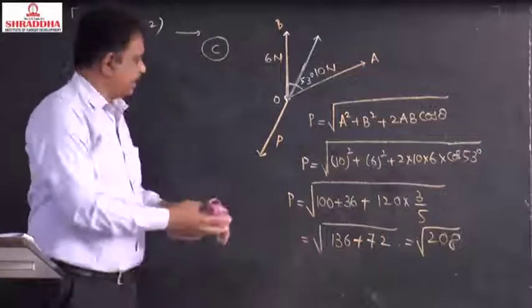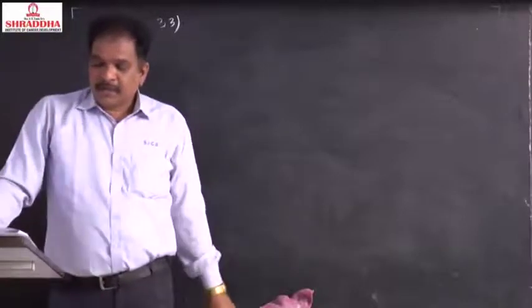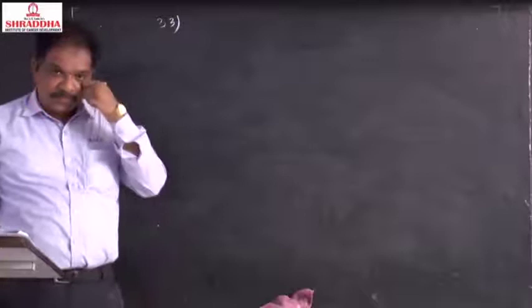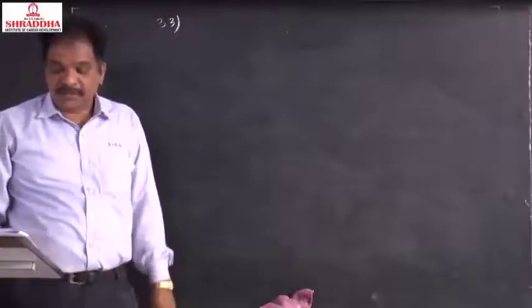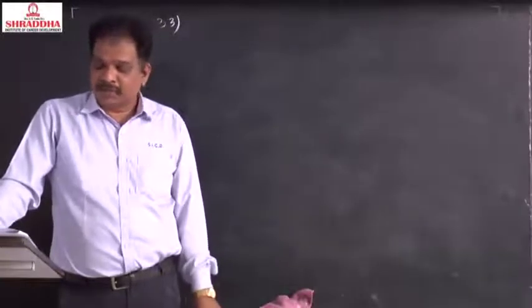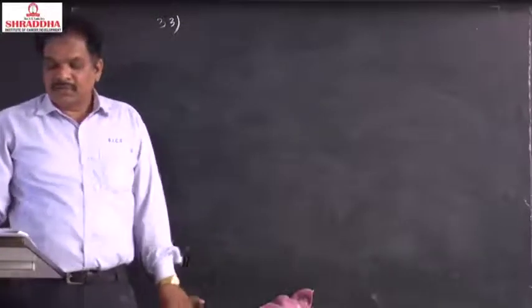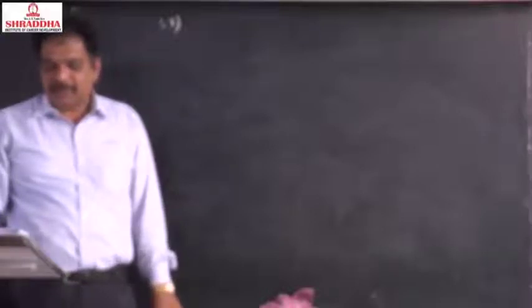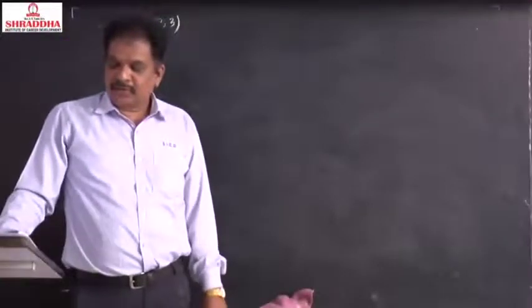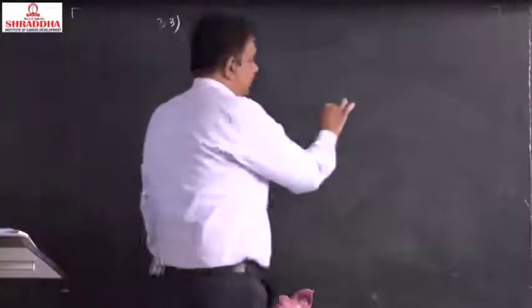Next, 33, what they are asking, see. 33, two billiard balls are moving on a table and the components of velocities along the length and breadth are 5, 5 meter per second for one ball, 2 root 3, 2 meter per second for the other ball. The angle between the motion of the balls is how much? They are asking.